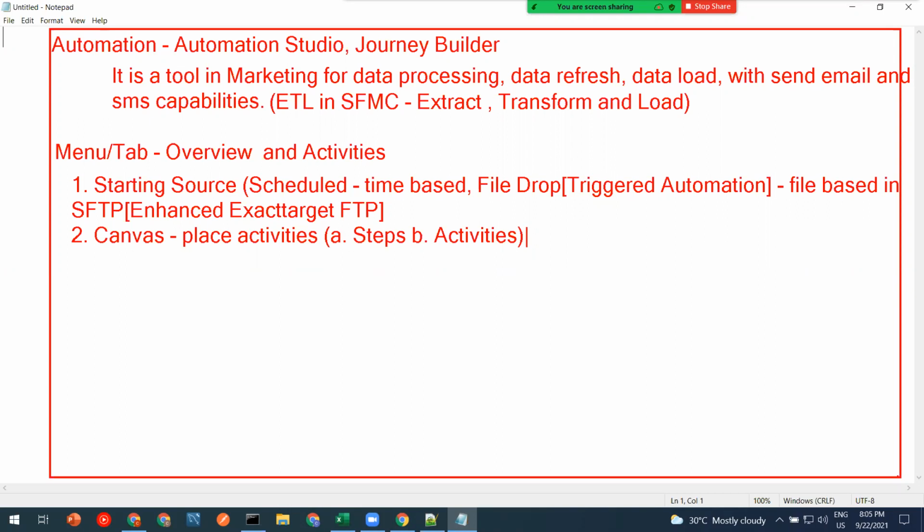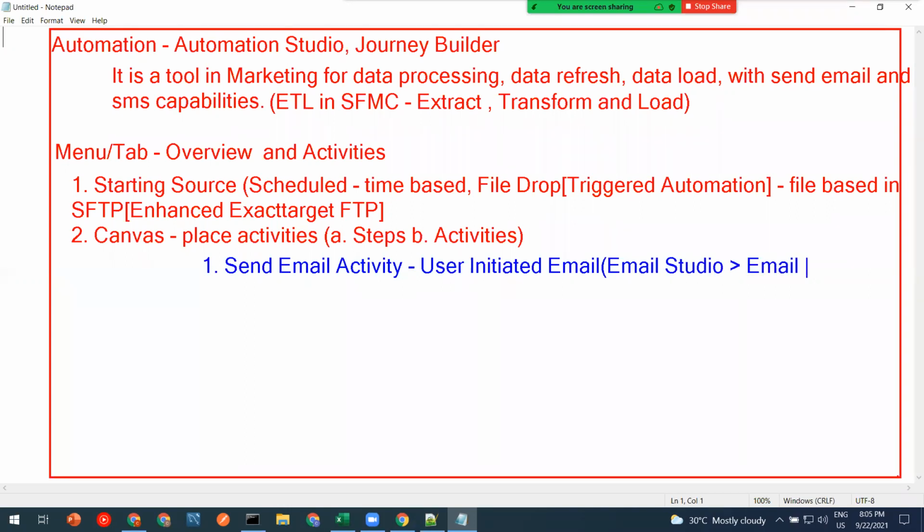So now the question is, what is an activity? How many types of activities do we have? There is a huge list of activities. I'll go with the majorly used ones, in blue ink. I want to list the activities which you basically have to know. I'll go with one, the very basic one, send email activity. Send email activity is connected with user-initiated email. If you have the tool, you can just check it out. You create user-initiated email in Email Studio.